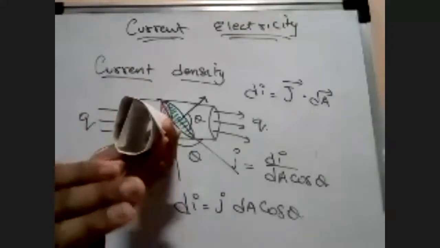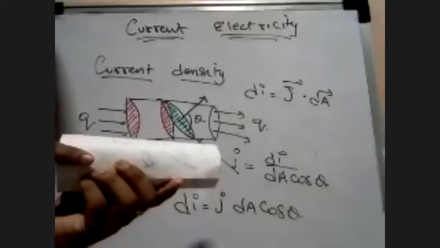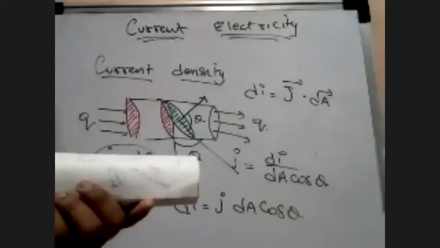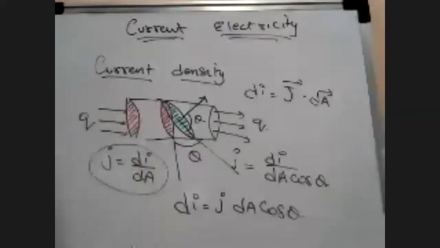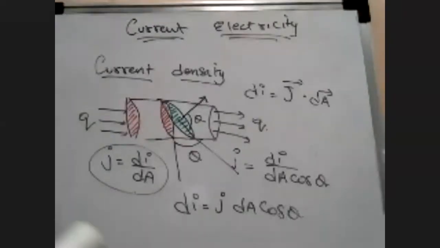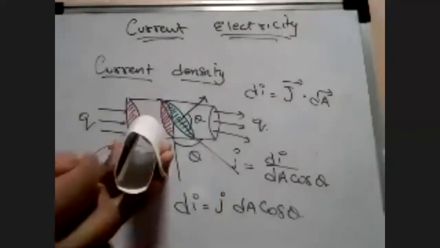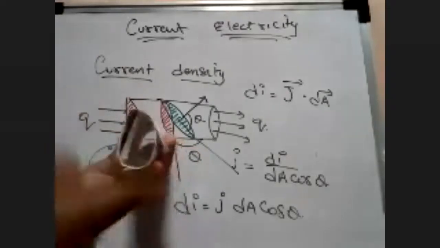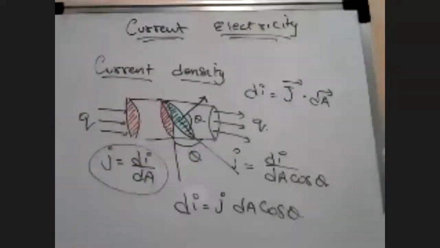Of course, the area vector is going to be parallel to the direction of electrons. So the dot product will have cos 0. The area vector and the electrons flowing both have a 0 degree angle. But the electrons attacking the surface, the area of cross section, will be at 90 degrees. That is all what I am saying. So don't get confused.